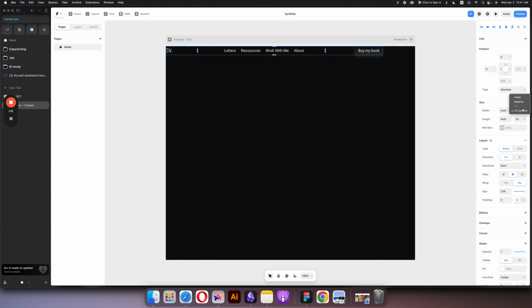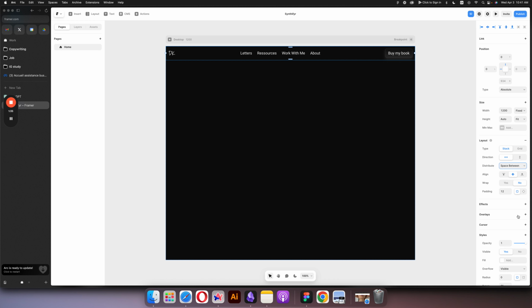Then this one here, I'm gonna do fixed 1200 and then give it from the top 12, right 12, you know what, 12 everywhere I guess, or maybe not. So that's gap 0 and we're gonna change it to space between. Now we have it. Let's say 15. 15 seems good enough. Now you see this is not very well centered, and the way we can arrange that